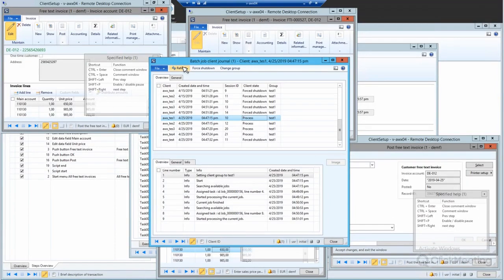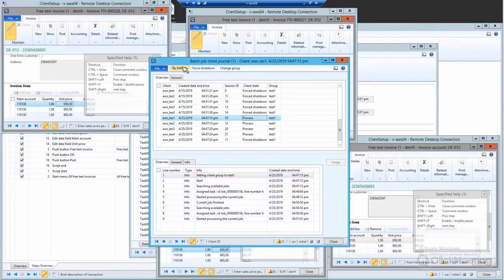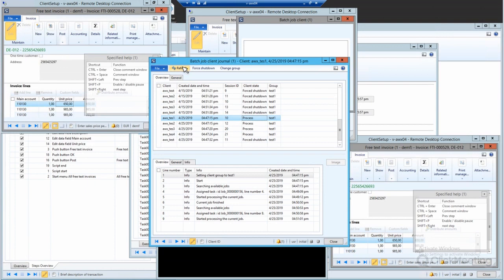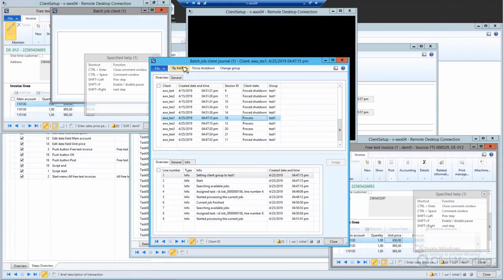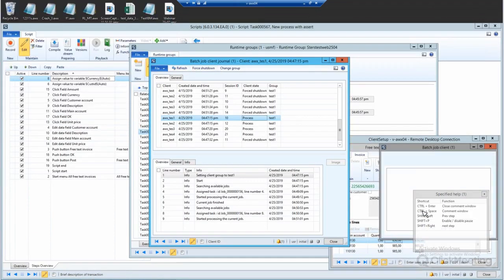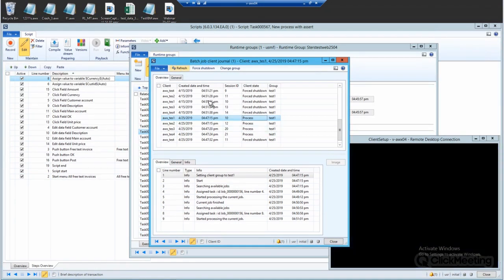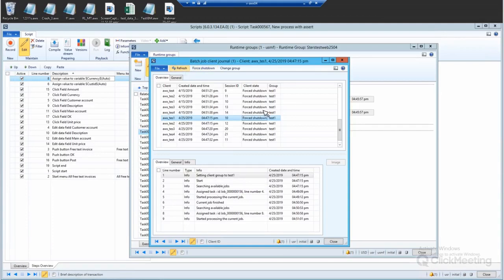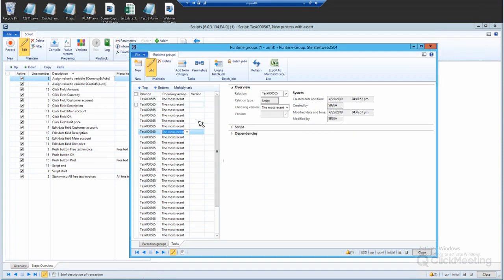If you're going to multiply this times 50 or 10 or 5, it is a high chance that you'll be able to accomplish this regression testing overnight. So this is very nice, to have one environment which is running 24/7 to perform those regression tests to ensure you that the environment will work well without any issues. And as you see, the rest of the clients are just ending the processes, and they will close down themselves as I told them to do with the force shutdown. You can change the group, so if there is a need, you can change the groups of every session. So this is the thing I've mentioned regarding the